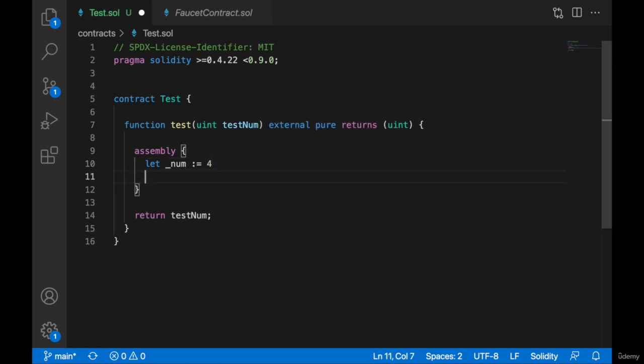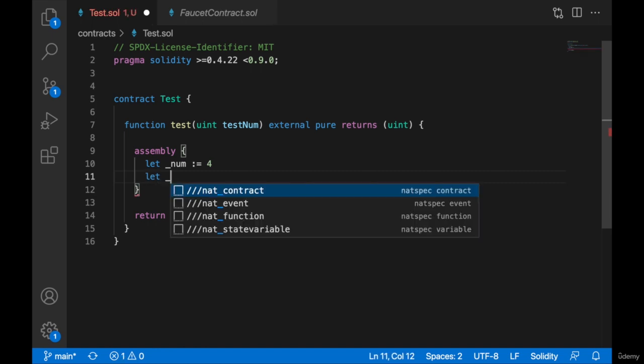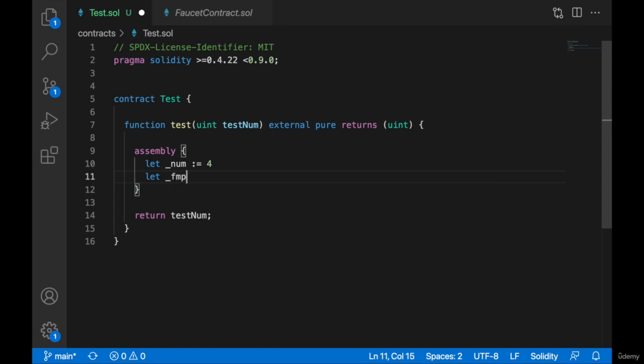Okay, so we have the number here, and now I will do something interesting. I will load some data from the memory. I will get the free memory pointer. So let's add let. Let's call it free memory pointer, FMP. It doesn't matter what you call it. And let's assign here. You can use the function mload. This means to load something from memory, and you will need to specify the location in the memory you would like to load. I'll specify here